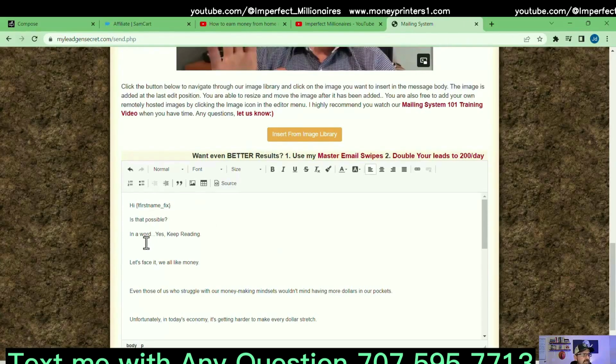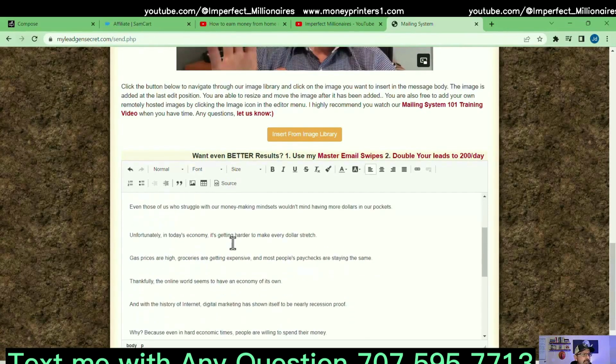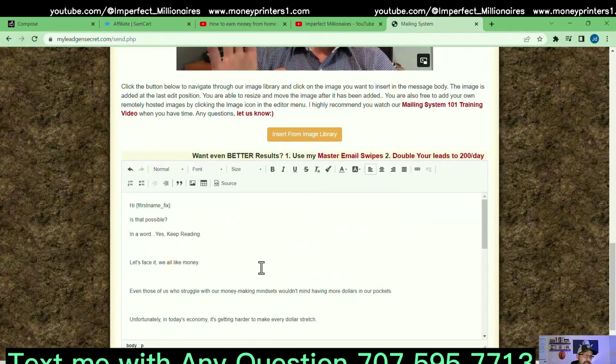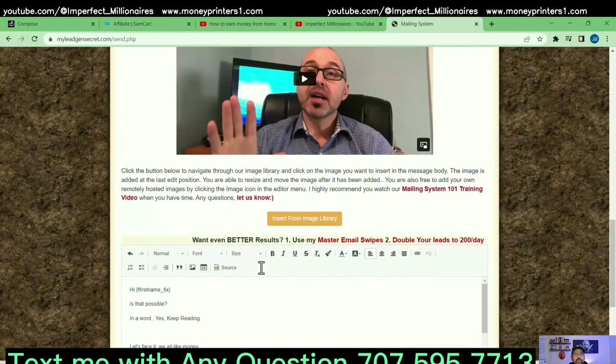Now the reason it says, this will all make sense in a minute, it says, is it possible? In a word, yes, keep reading. So just a note on this, when you guys are writing emails to people and you want to look at ad copy, what you're looking for is an audience. What is that audience concerned about? That's what you want to address in your emails. You want to address their concerns because you're providing a solution, or at least you should be. If you're bringing them HBA, you're providing them a solution because they're able to change their financial situation with what you're providing.